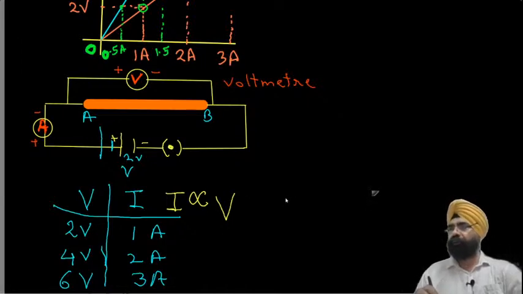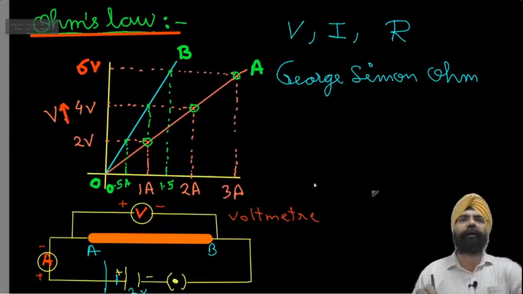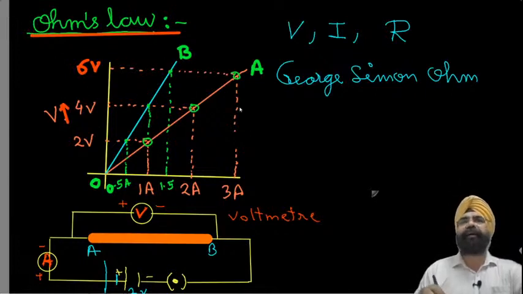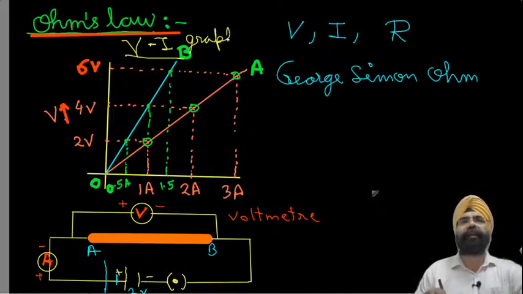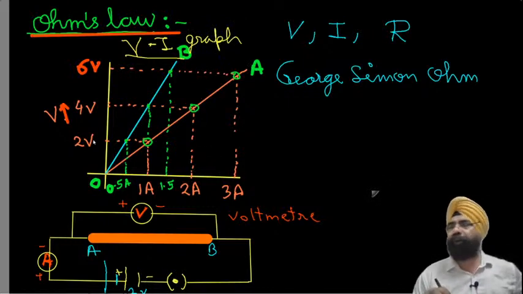ठीक है, तो अब उन्होंने क्या करा, उन्होंने प्लॉट करा। ओके, VI ग्राफ, we call it a VI graph. यहाँ पे हमने Y एक्सिस पे V लिया है और X एक्सिस पे I, करंट लिया है। तो he plotted this VI graph. जो मैंने बताया, आप देखो 2 वोल्ट पे 1 एम्पियर करंट आ रहा था, तो ये हमारा पहला पॉइंट हो गया।